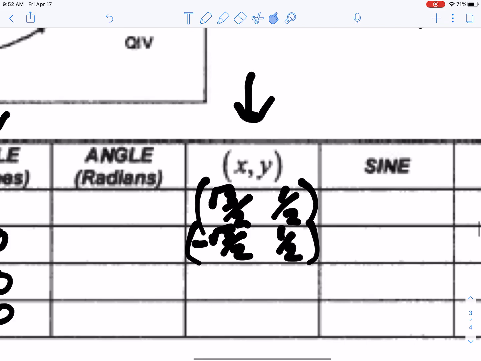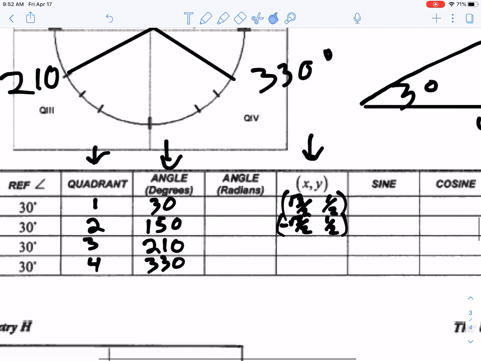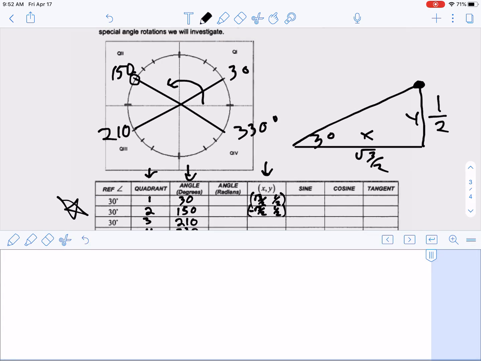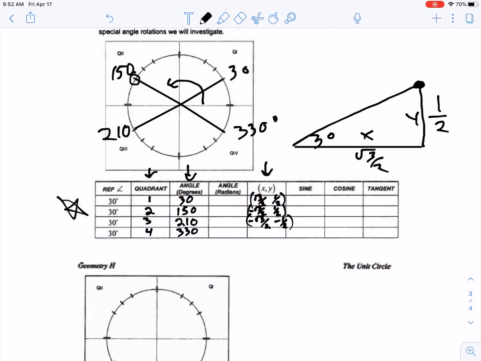Now let's go to quadrant 3. Quadrant 3 is a negative, right? So we've got our -√3/2 and our -1/2. That's quadrant 3. And quadrant 4, what we're looking at is trying to get to this coordinate right there, which we will